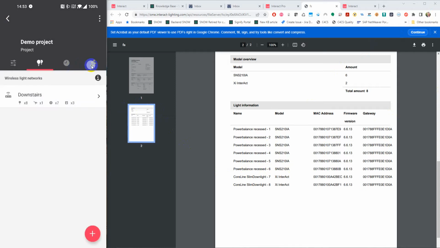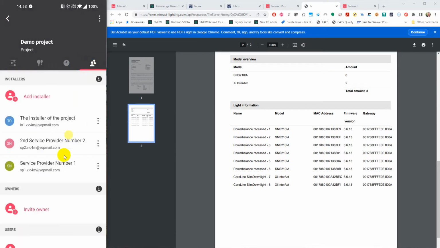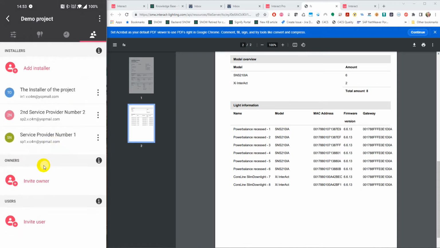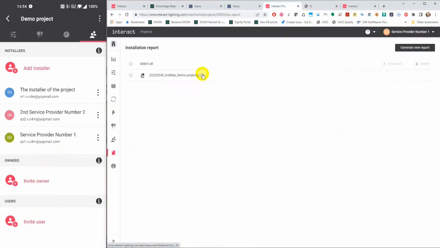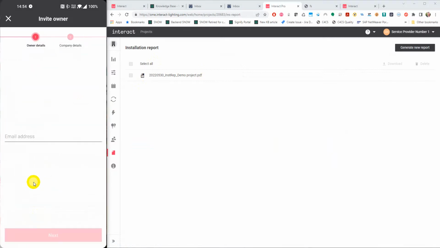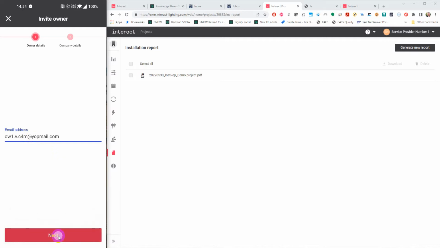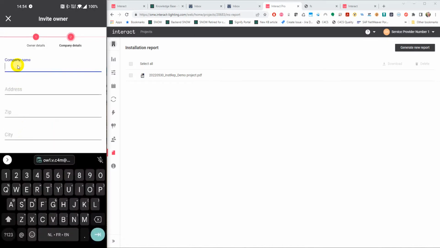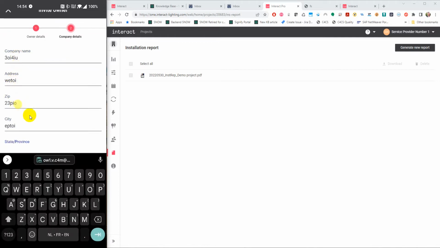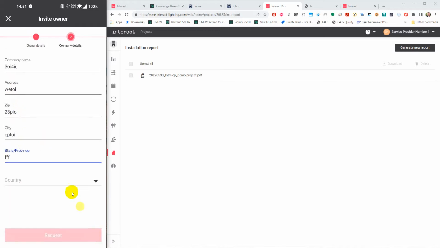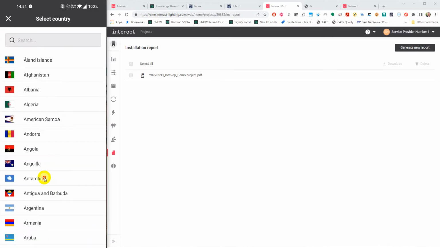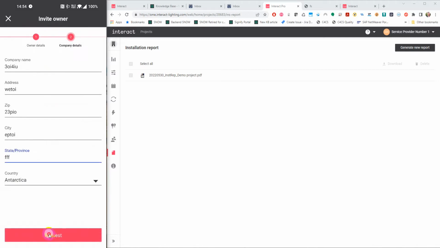Now that we have connected the gateway, we can also invite users. However, users can only be invited when I invite an owner first. So let me prepare that and then invite an owner and a user. I created an email address, and I invite this email address as an owner. Company name, I can put any information I like here. Then I press request,